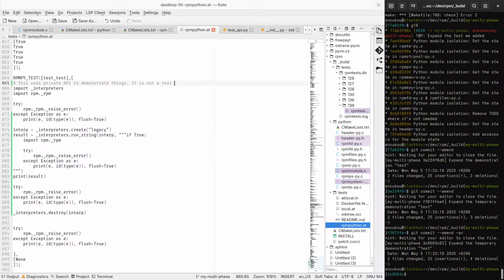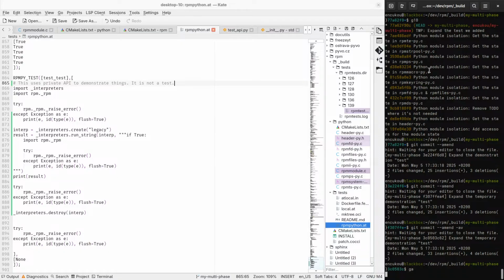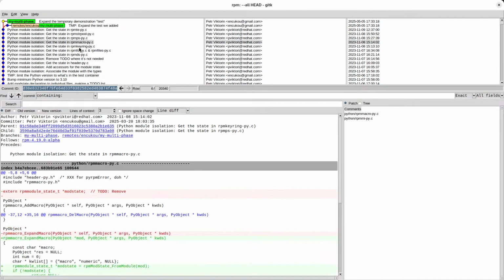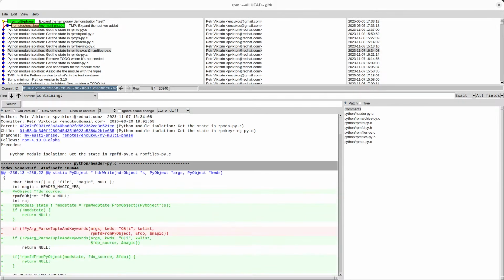So that leaves us where we were a month and a half ago, applying all of these changes, right? So I should look at one of my multi-phase